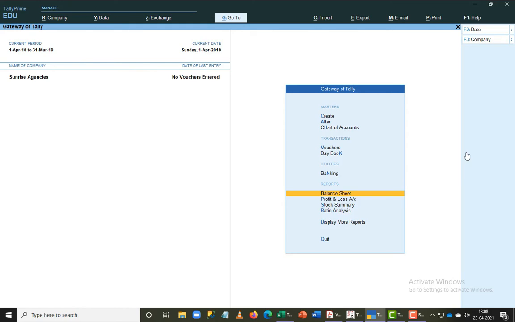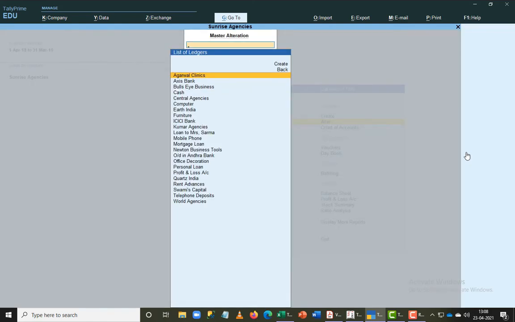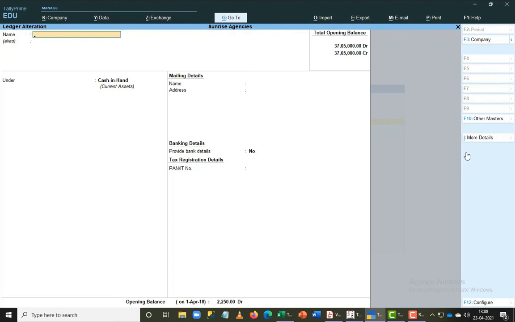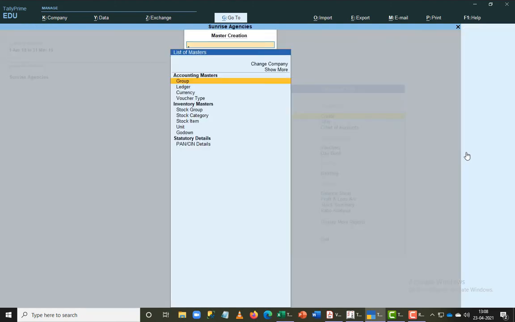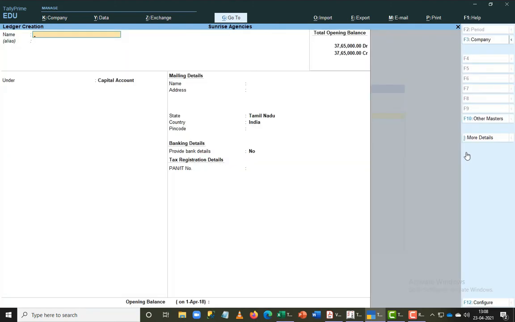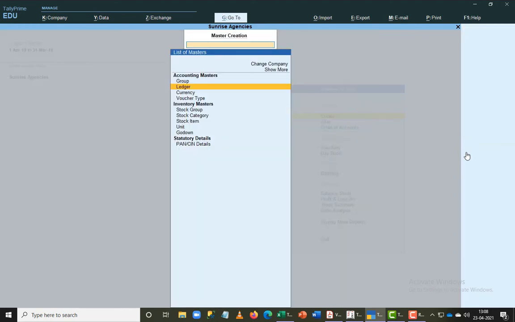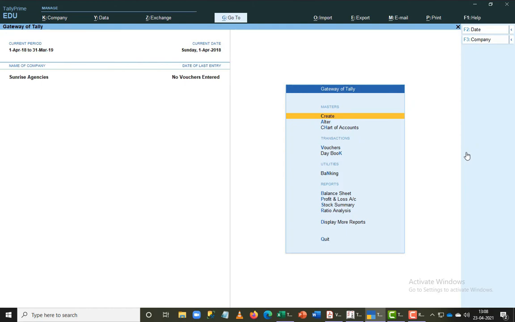So this is how we build a balance sheet. We will be seeing how to add a trial balance in our next video. In this video, I showed you how to feed a balance sheet in Tally ERP9. The same way we are going to feed the values in Prime too, but I didn't show the entire list. I just showed you how to alter the data and how to create data. Menu wise, we can jump into everything, and you can do every list that is possible here. So today you learned how to feed a balance sheet here.